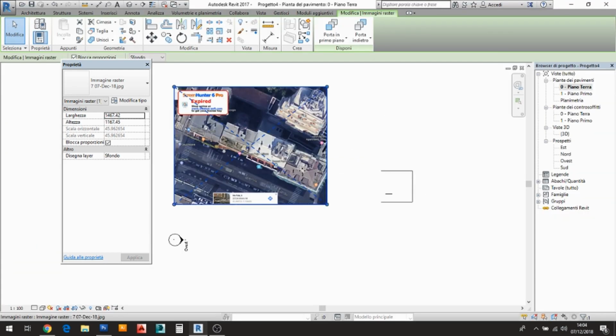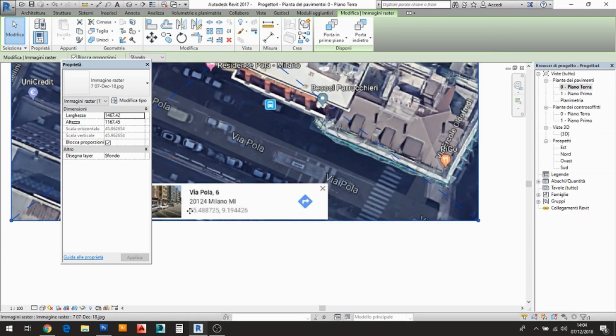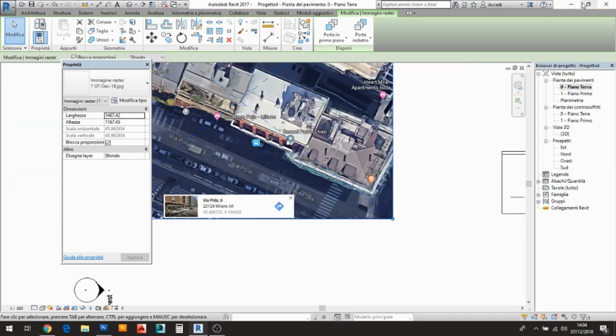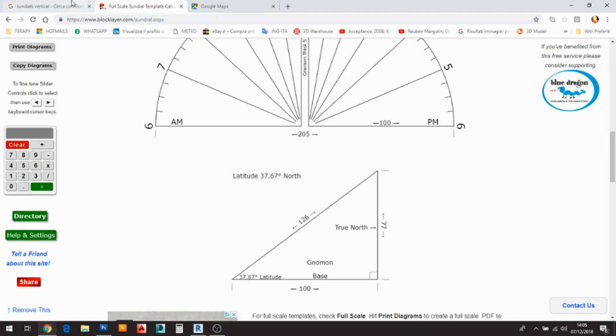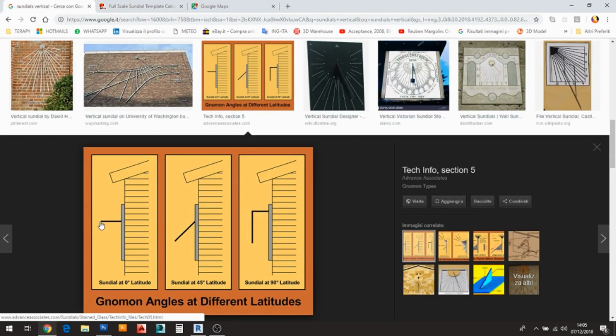So the first information is this one, 45.488. This is the latitude, the distance between equator and me. I need this one because the formula is better to see here. The formula means that at the equator I will have the sun vertical on the zenith, so my gnomon will be horizontal, and at 45 latitude, for instance Milan, New York, whatever, the sun will arrive in diagonal, so I have my stick at